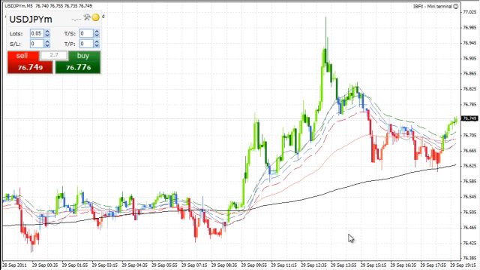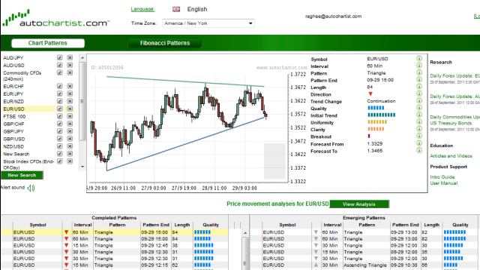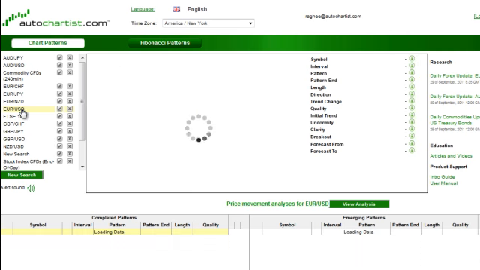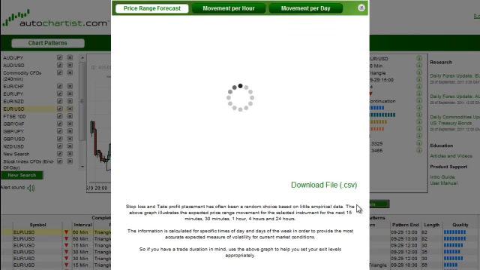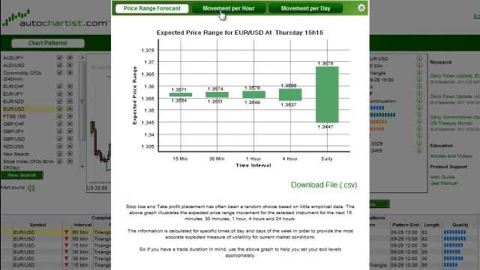One of the things I mentioned before was looking at the power stats, looking at the way the rhythm of the trading day behaves. So let me show you that really quick. So here we have the AutoChartist platform, and within this platform is the analysis for price movement. You'll see that right here. Let's blow this up a little bit. And what I want to show you